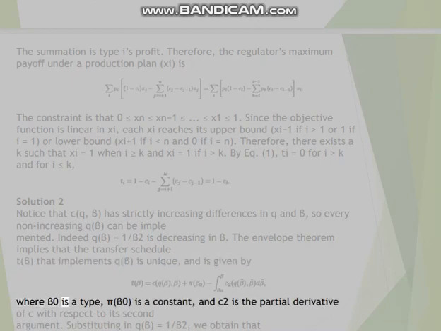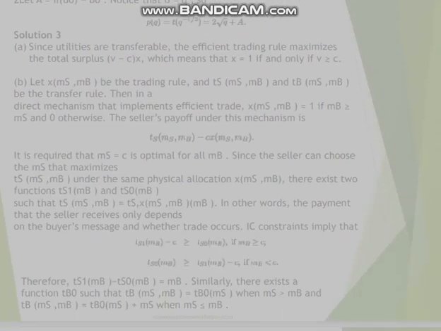where beta 0 is a type, pi(beta 0) is a constant, and C2 is the partial derivative of C with respect to its second argument. Substituting in q(beta) equals 1/beta squared, we obtain that. Let A equal pi(beta 0) minus beta 0. Notice that beta equals q, so